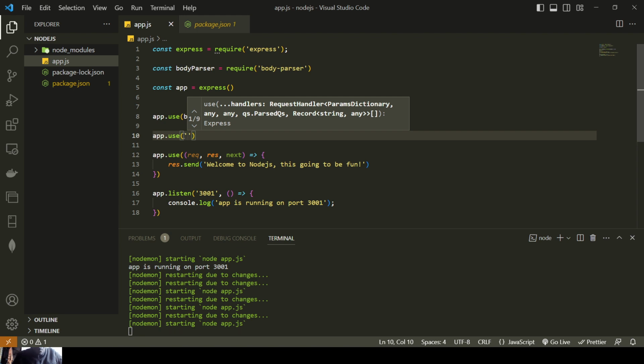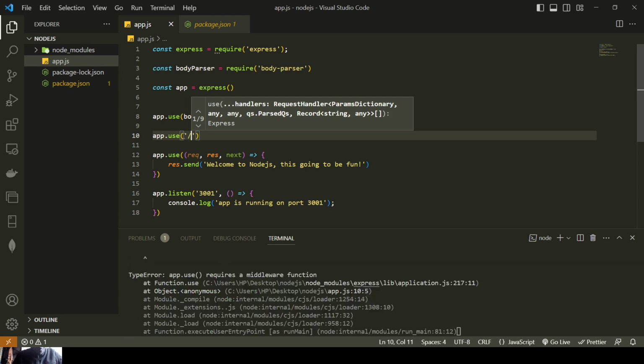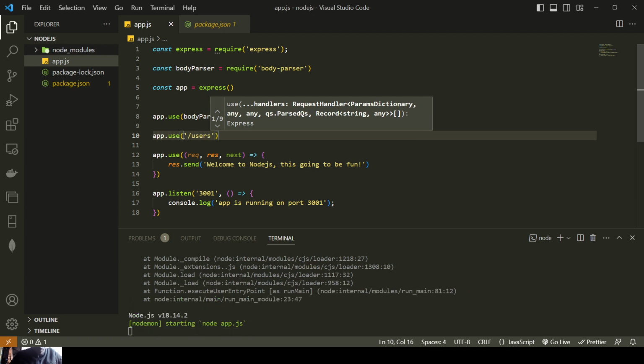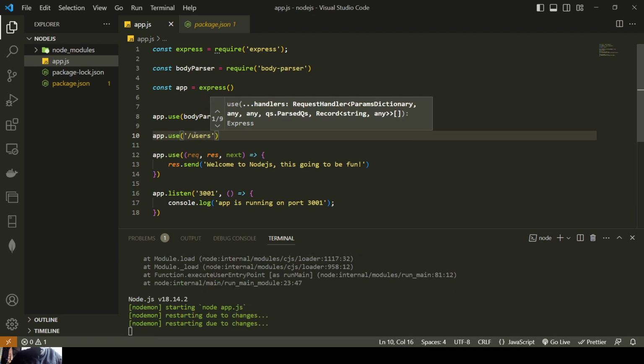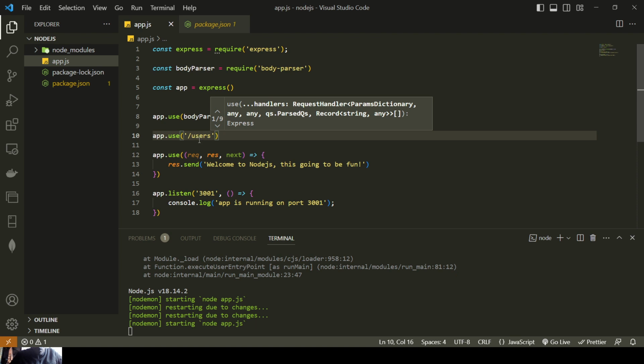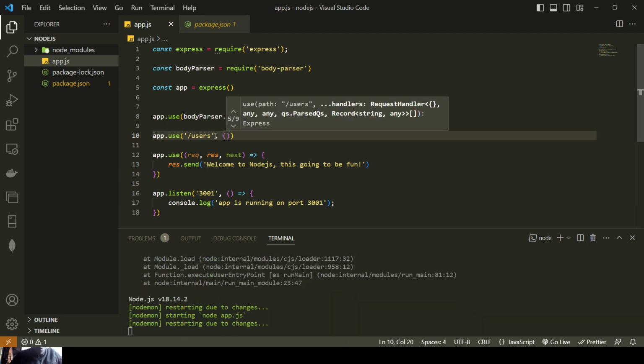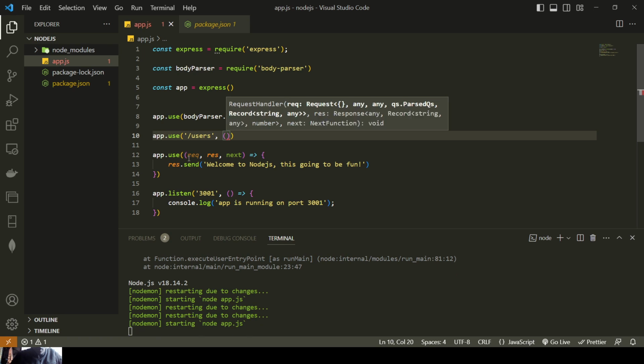So for our case, we want to be able to have a message when a user visits the users page. So for this one, put a slash and then the name of the path, which in our case is users. And then next, add a comma, and then we're going to do a similar thing like this right here,